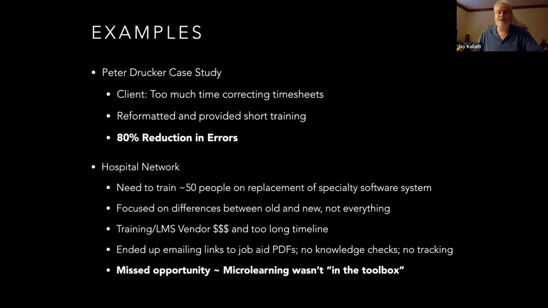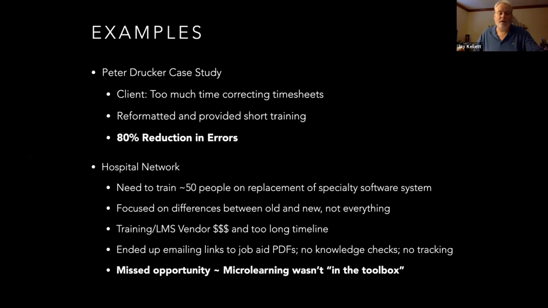It didn't need to teach everything because these people were already doing the job. They were replacing the system with a new system, and they just needed to focus on the differences between the old and the new, not everything. So getting into it is a little bit different. Setting up a tracking session is a little bit different. Doing reporting is a little bit different, but the rest of their job was the same. So it didn't need to be a huge amount of training. It just needed to focus on the gap in between the old system and the new system.